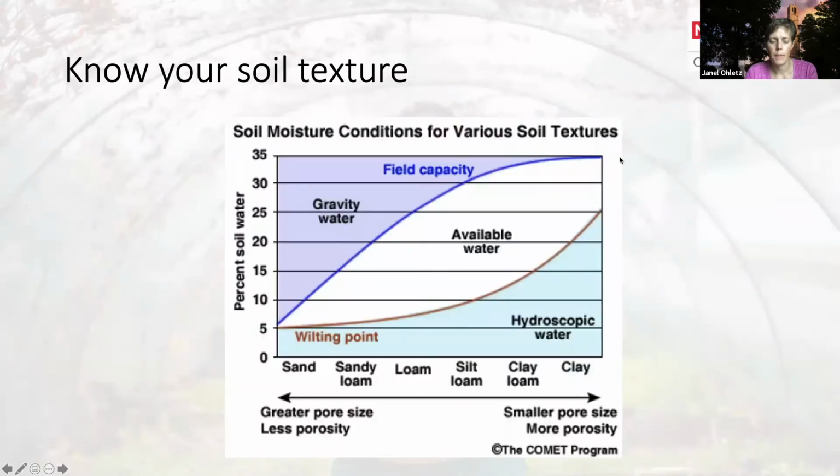And here's another figure to illustrate a little bit of bringing in the soil texture component of knowing what the makeup of your soil is and how that affects the availability of water. So on the base here, we have different types of soil listed. And on the side, this is the percent of water. And what we have is the wilting point. So this light blue at the bottom is called hydroscopic water. It's essentially the water that is almost impossible for the plant to pull off due to some kind of chemical factors and